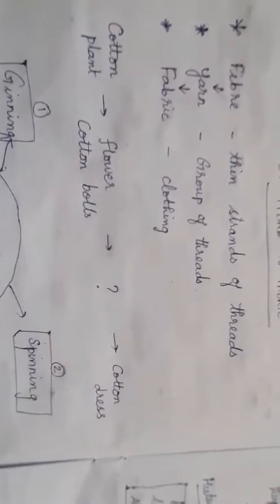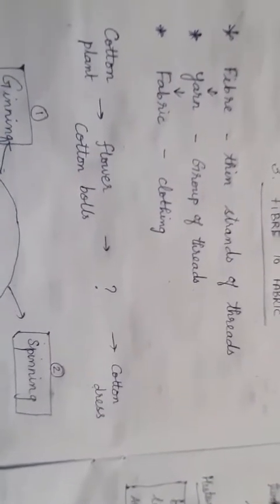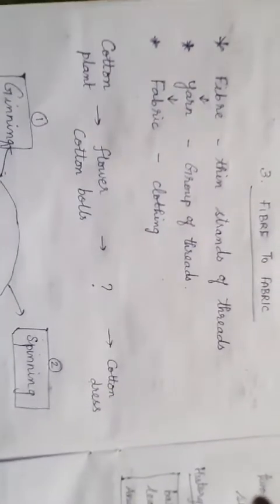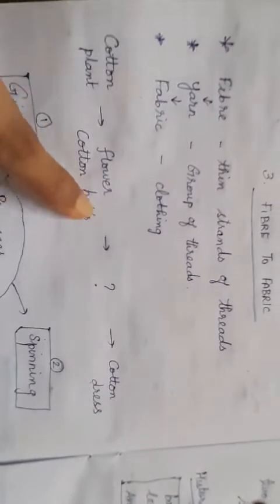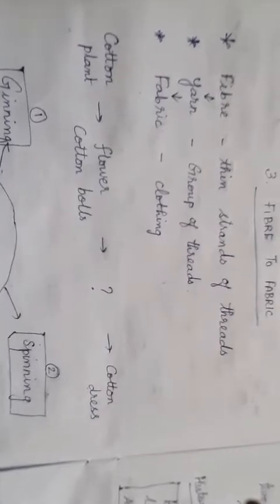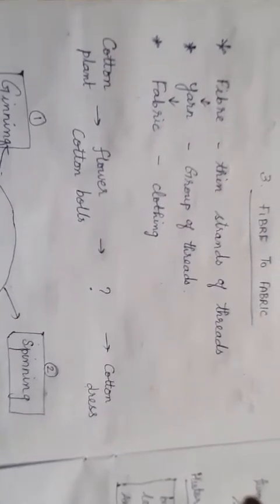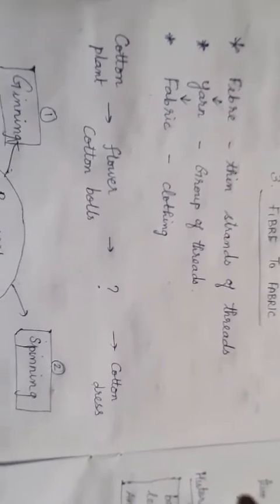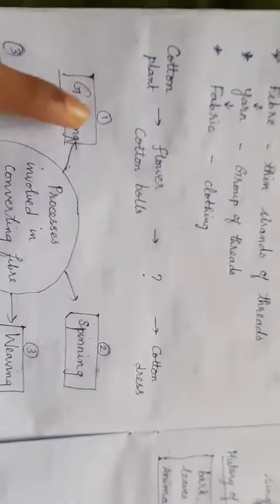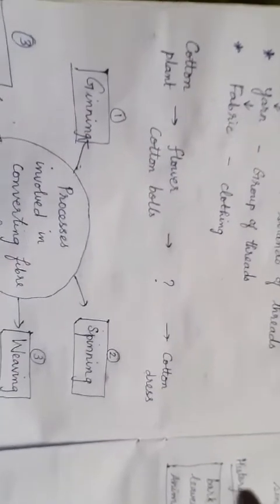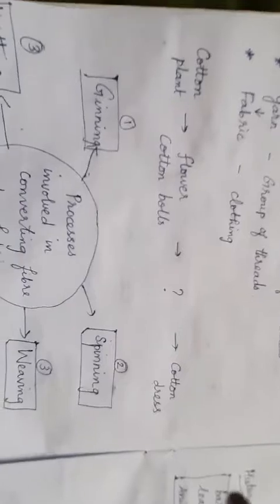Cotton is obtained from the cotton plant, and how are we getting it? We got it from the flower of the cotton plant. The cotton bolls look like snowballs, and once they are fully grown and harvested, the cotton bolls are hand picked by human beings and undergo a process called ginning. Ginning means combing. That is the separation of seeds from the cotton bolls, and I am getting only the fibers ready for the next stage of process.